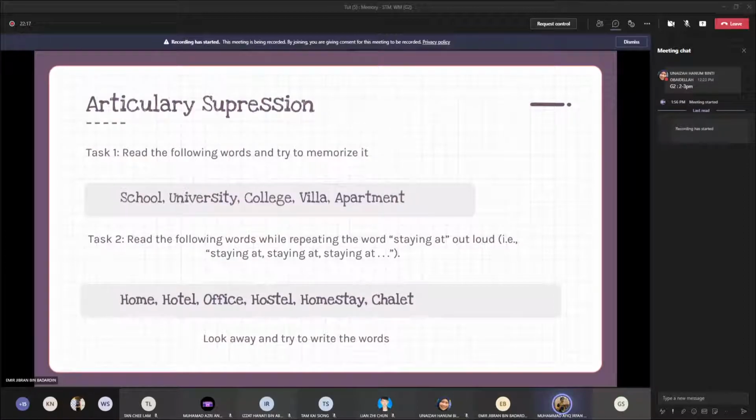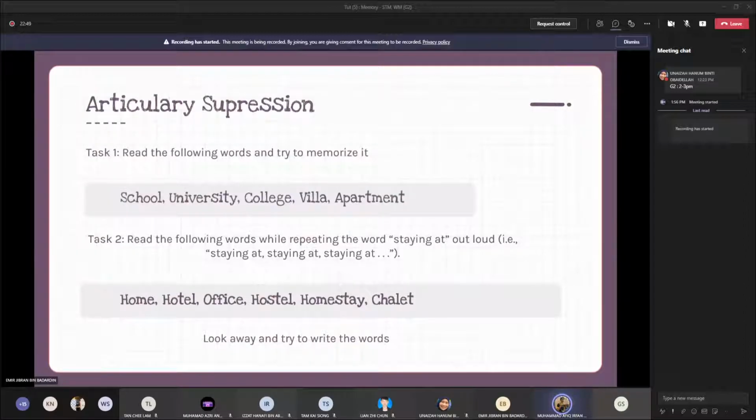What is articulatory suppression? Articulatory suppression is the process of inhibiting memory performance by speaking while being presented with an item to remember. So let's say you are speaking, and at the same time you need to remember something. For the first task, you just need to remember school, university, college, villa, apartment, and that is actually easier than the second task, in which every single word needs to be